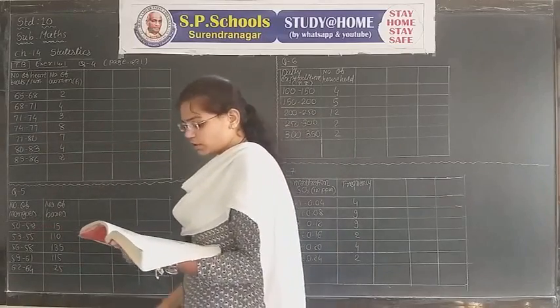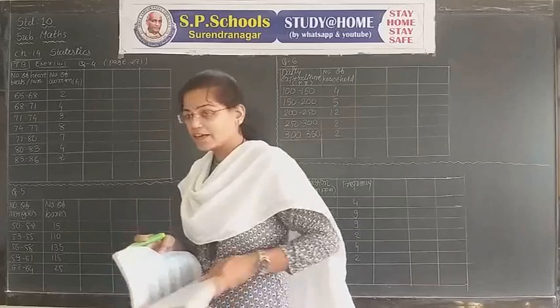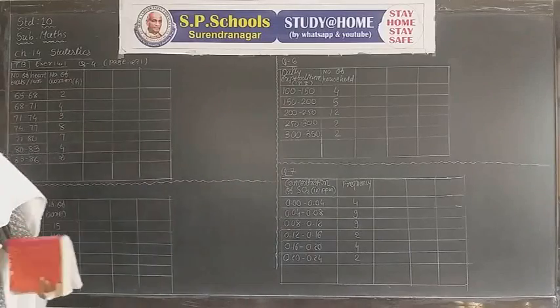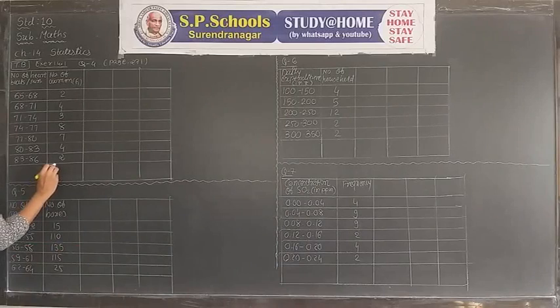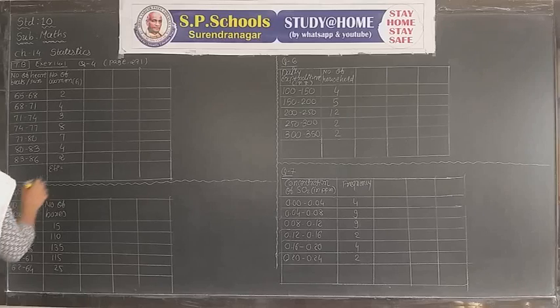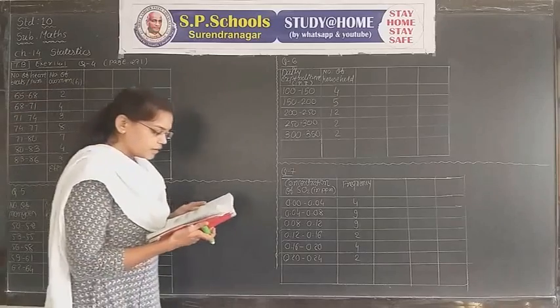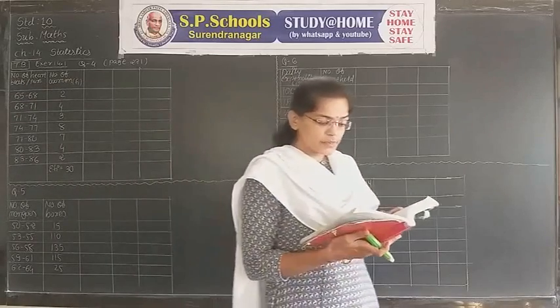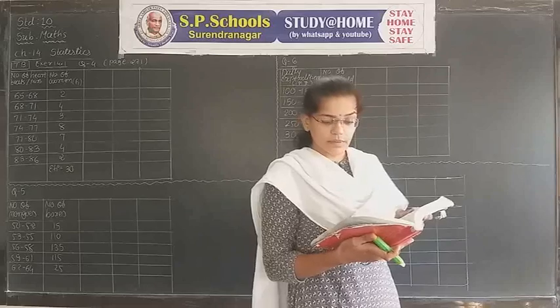We don't know how many total number of women there are. We have to add to find sigma fi. Sigma fi is equal to 30. Got it? Now we need to find mean heartbeats per minute choosing a suitable method.